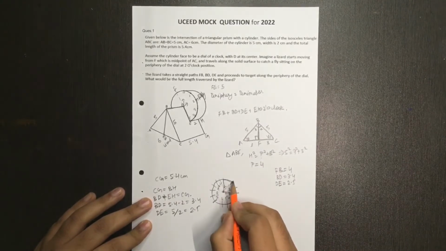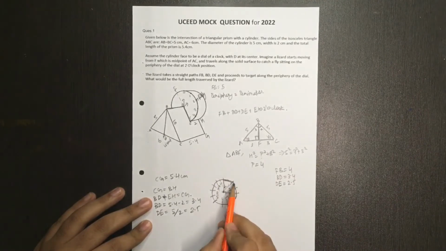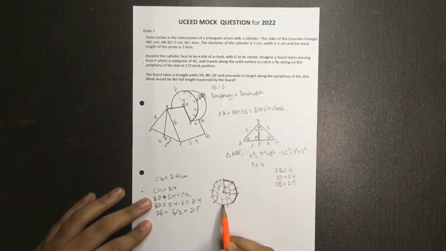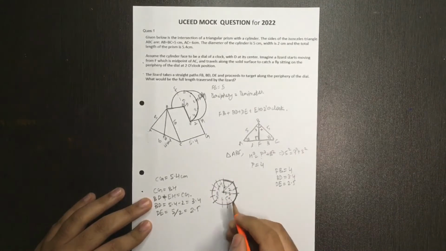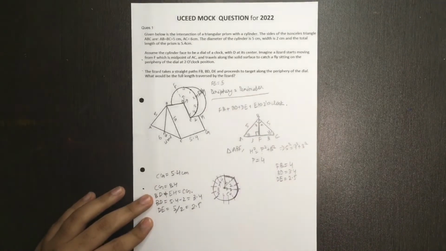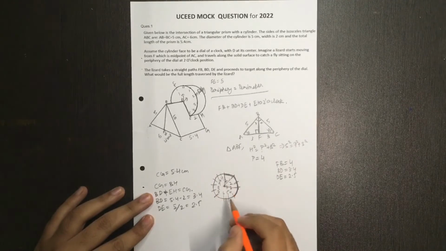The length for 12 to 1 on the dial, 12 to 1 is this one, right? Then the length for 1 to 2, then the length for 2 to 3, the length for 3 to 4, these will all be equal, right? Because it is all being divided into equal parts, right? So if we find the periphery, perimeter, right? I just marked it over here. Periphery is the perimeter. Find the perimeter of this dial.